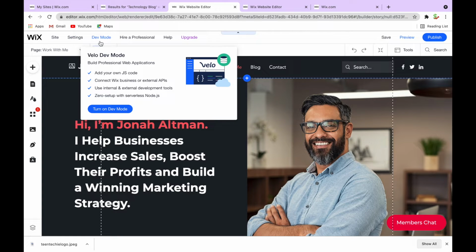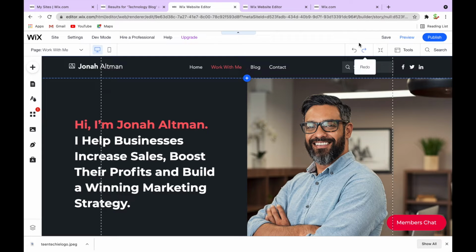If you have experience in JavaScript, or if you have previous experience with coding websites, you can go ahead and turn on developer mode. But of course this is a tutorial specifically for beginners, so we will not actually turn on developer mode. So over here we've actually got the more accessible kind of tools you can use, issues,